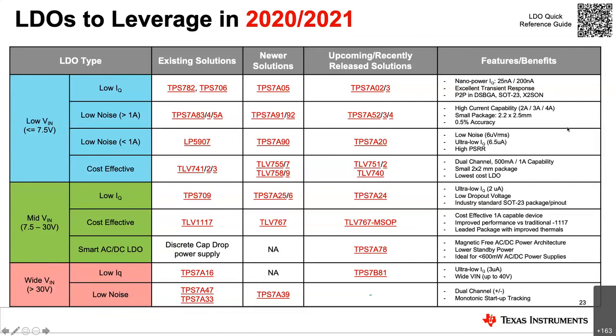The first question is: is it always necessary to have an input cap on the LDO, and are there parts that don't require input caps? So no, it is not always necessary to have an input cap on the LDO. We actually have a few devices such as our TLV733 and TLV713 that don't require an input or output capacitor.